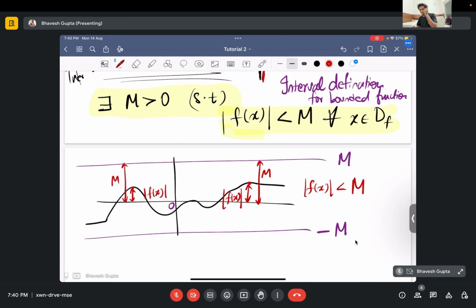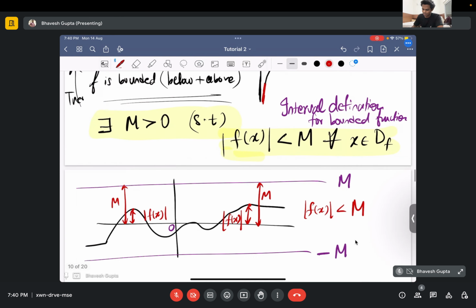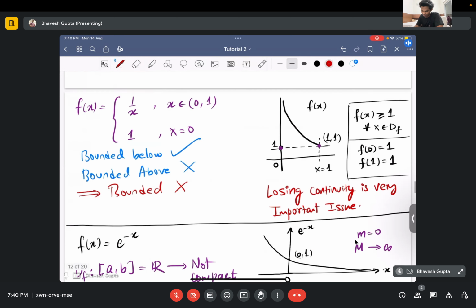You can compare this distance, the vertical distance, right? Vertical distances. So this is what the above definition is trying to tell you. We're just trying to compare two distances, and we found that no matter what the value of f(x), it's always within some particular m. Okay, so that's what the definition of